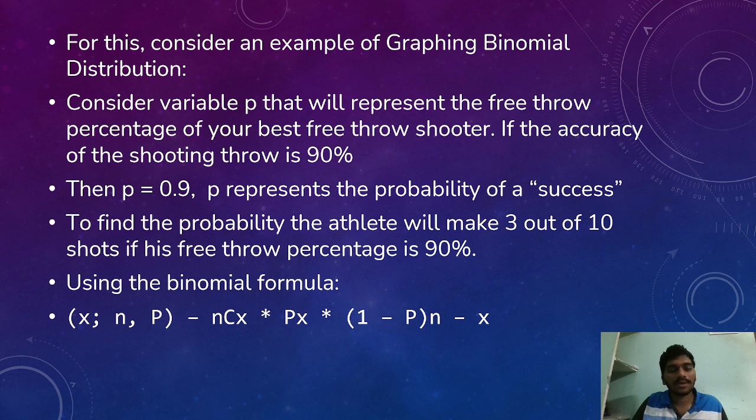Using the binomial formula, b of x comma n comma p equals nCx into p power x into 1 minus p power n minus x. So this is the binomial